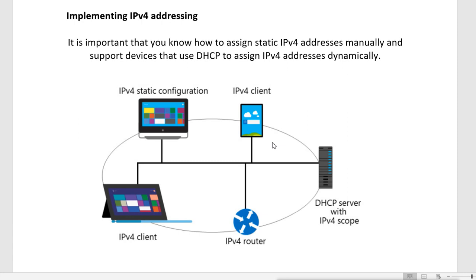And it can be difficult when you have a large number of machines. Suppose you have 200, 300 machines, then manually assigning IP addresses can be difficult. You can reuse the same IP, you can forget what you have done, you can misconfigure, so you can make lots of errors. So we have another option, which is dynamic. We can assign IPs to our devices dynamically by using DHCP.